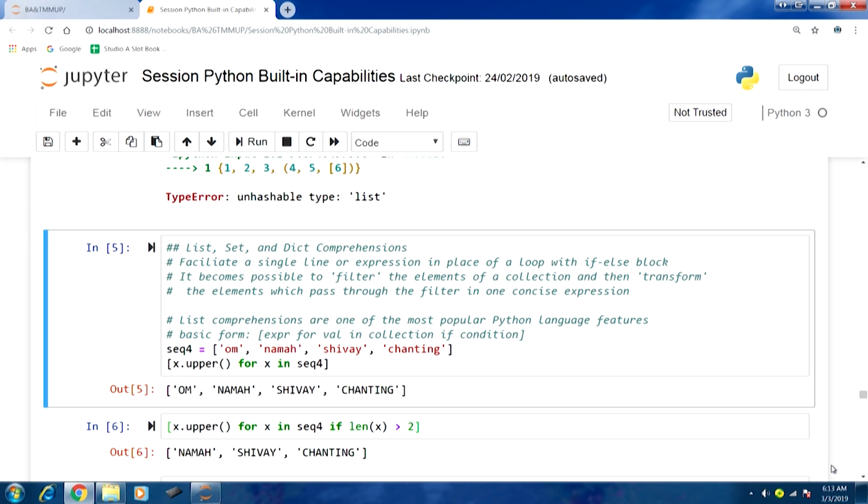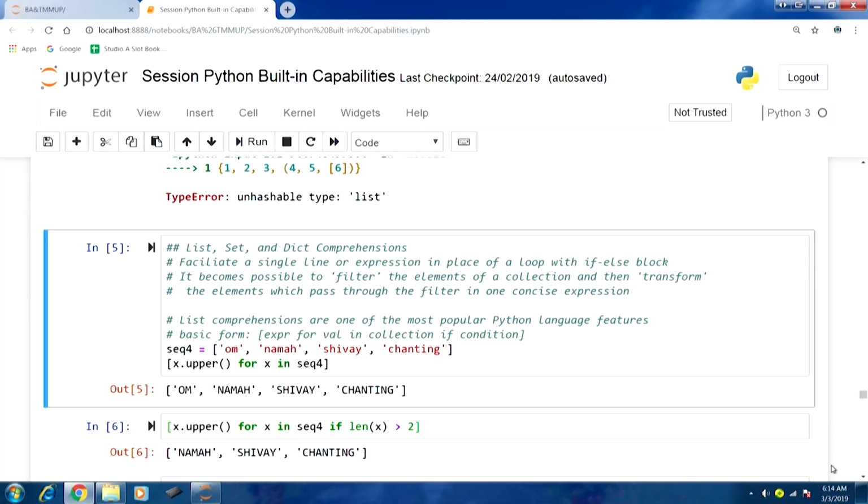So, first we write our transforming expression, then like a for loop we have the for keyword: for value in collection. In a sense we are running a for loop for each element in a collection, and then the filter, which is the if condition.